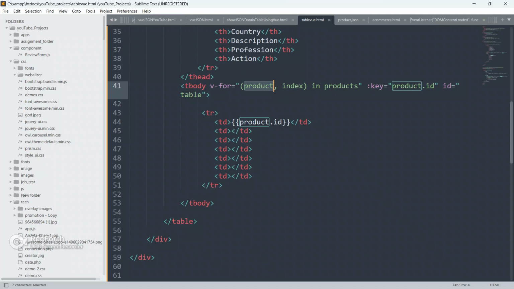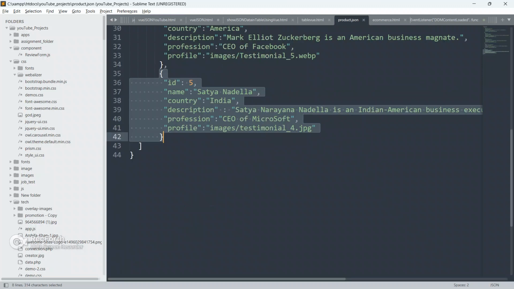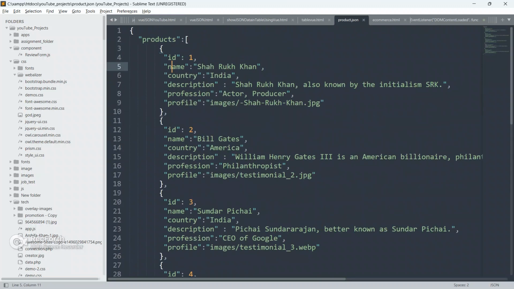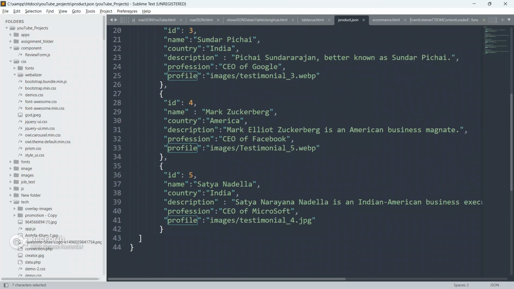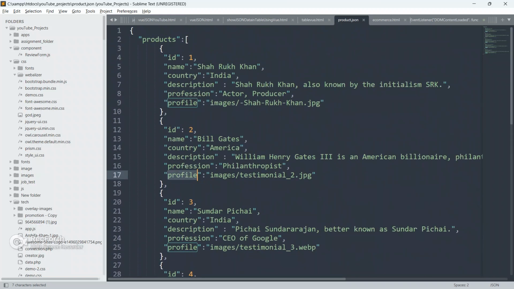Now we can easily loop through this product, and we can say product.id, product.name, product.country, product.description, product.profession, and product.profile.